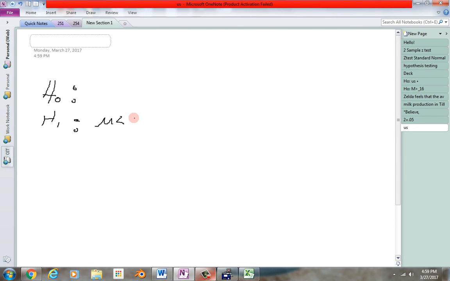Well, good for Bob. 100 grams. I don't know, is it kilograms? Grams? Milligrams? I don't care. There it is. That's what it used to be. And now he says it's less than. This is on a daily basis, okay? And he wants you to test it at 0.01. Wow. Really, Bob? That's really, really small. So we get a p-value of